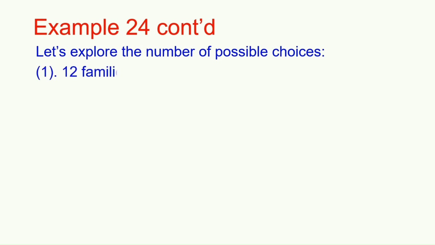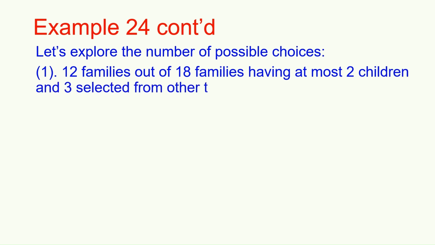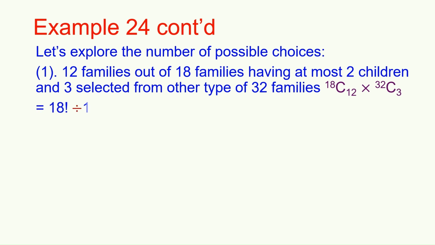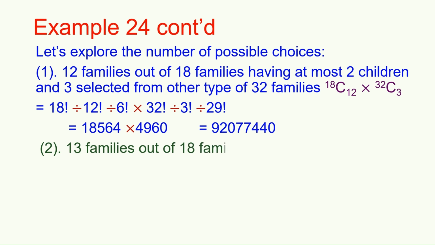Let's explore the number of possible choices. Number 1: 12 families out of 18 families having at most 2 children and 3 selected from the other type of 32 families. 18C12 times 32C3 equals factorial 18 divided by factorial 12 divided by factorial 6, times factorial 32 divided by factorial 3 divided by factorial 29, equals 18,564 times 4960 equals